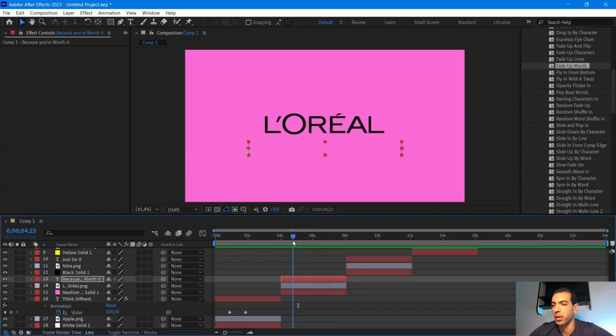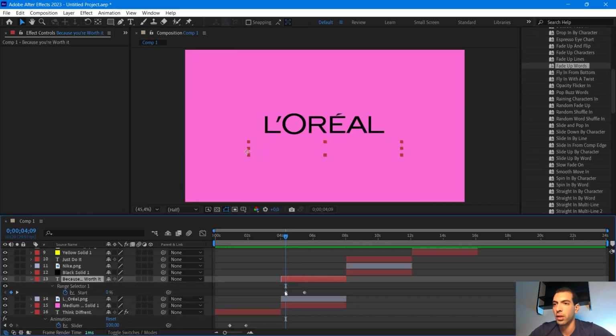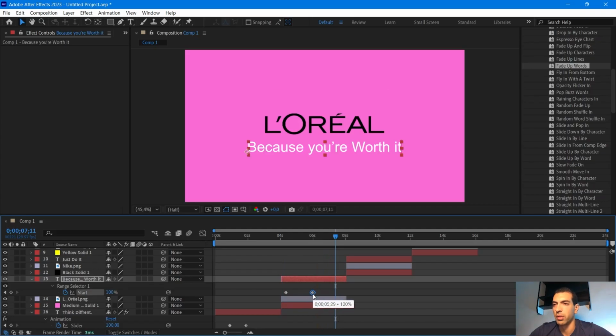If I undo this, Control Z, and I want the preset to start from here, and I drag and drop, fade up words like this, and I press U, I notice the first keyframe is right here, and the animation is gonna start from here. We can modify it, of course. I can make it a little bit slower if I want to, like this. Control Z, I don't want to do that. And I'm gonna move to the next